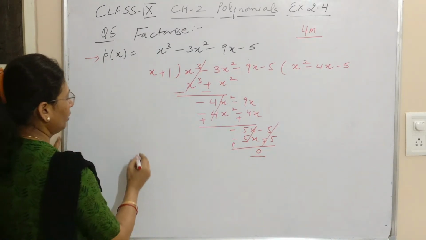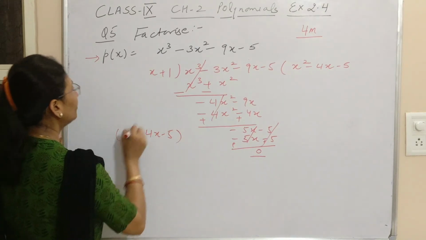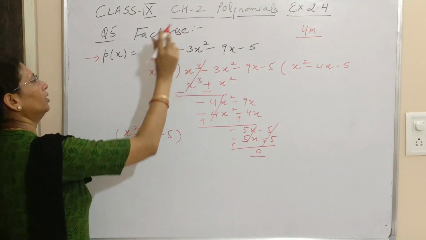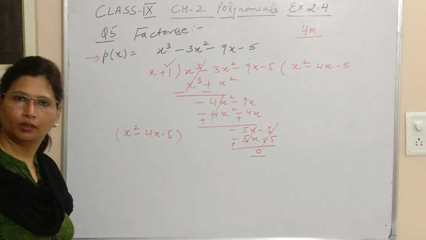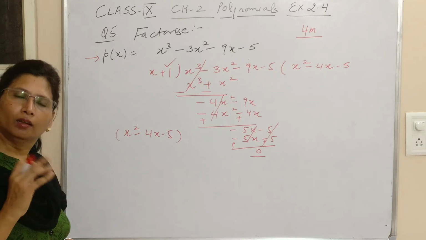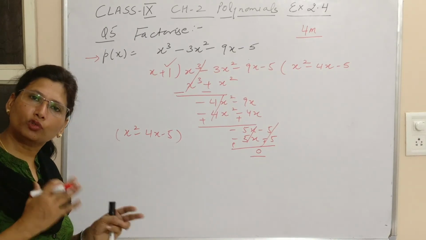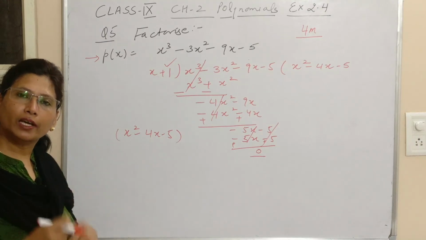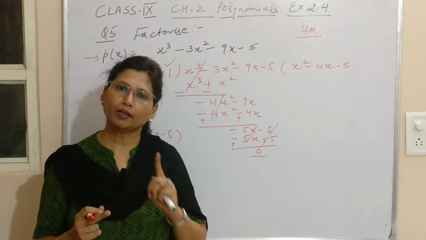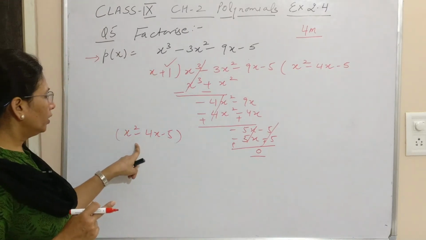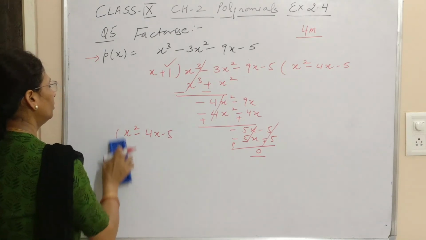So it means the second polynomial is x square minus 4x minus 5, and that is the quotient. This is the first factor and this is the second factor, but this can be factorized further. Like if I say 6 is one of the factors, I have to find the factors of 6 as well, that is 2 into 3. So I'll keep factorizing my polynomial till the time I get an irreducible polynomial. That is very, very important. So here we'll factorize it by splitting the middle term.